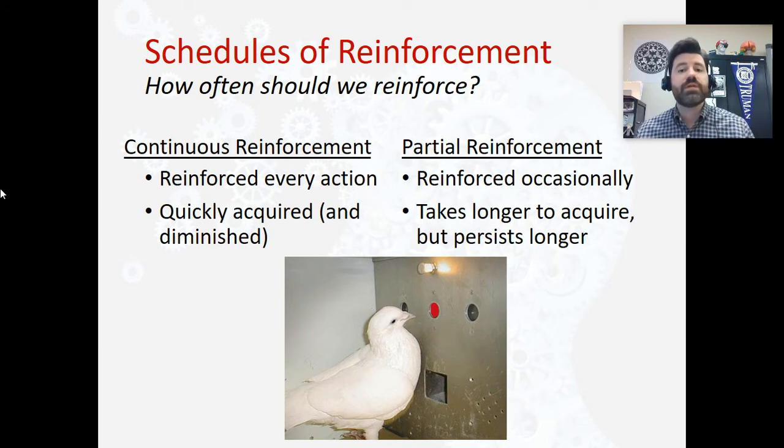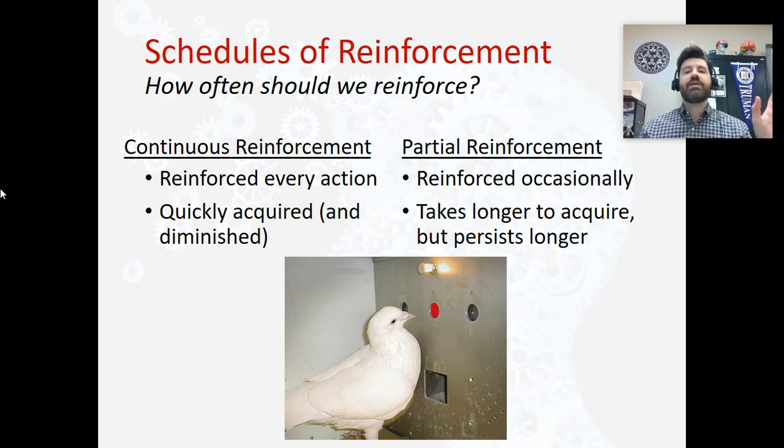And if you go to the bathroom 3 times in a row, you'll get an M&M. And then we do that for a day. Then we say, okay, you got to go to the bathroom 5 times in a row. And if you do it 5 times in a row, you'll get a piece of candy. And so as we transition into partial reinforcement, the idea is that behavior will stick around and linger, and they won't unlearn or become unconditioned to going to the bathroom where they're supposed to.